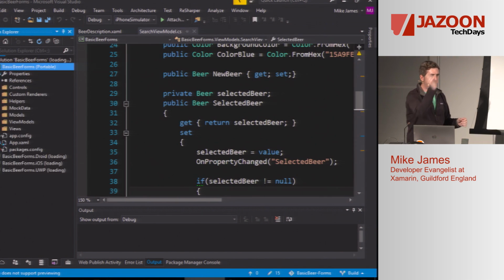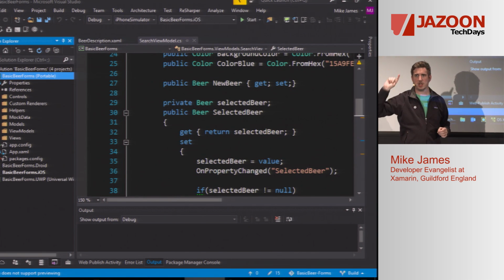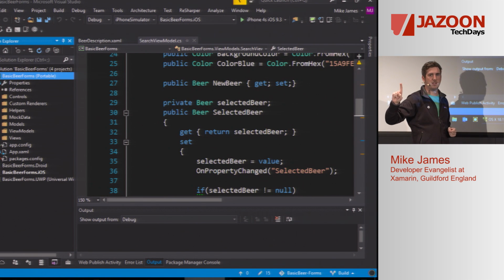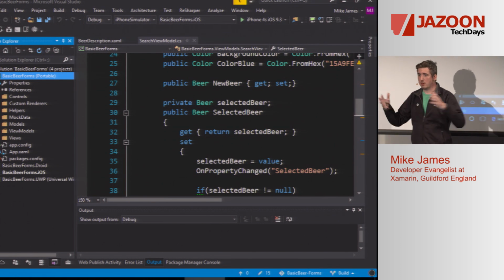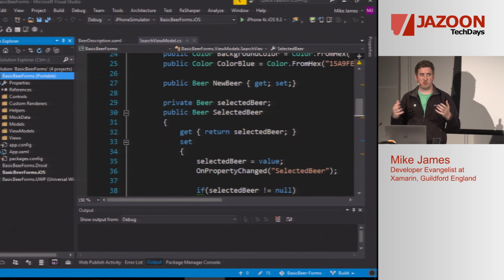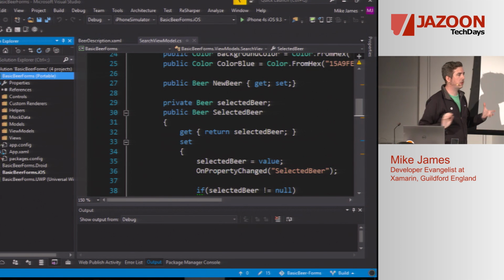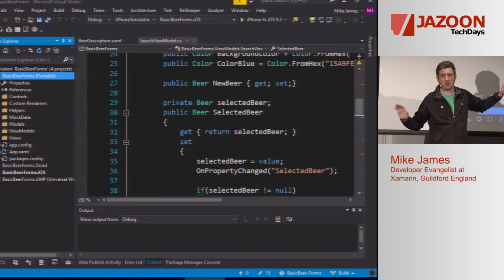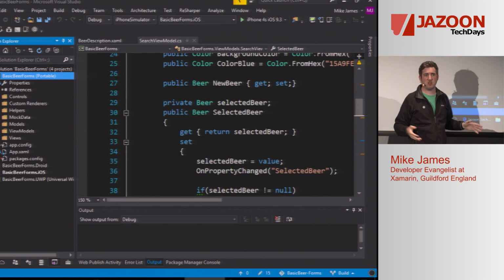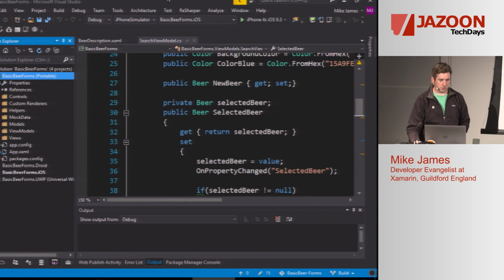So with a Forms project, when you do File, New Solution with Xamarin.Forms in Visual Studio, you're going to get 4 projects within the solution. You're going to get a portable class library or a shared project. It's a very heated debate within the .NET community of which approach you should take, shared code or portable class libraries. I can tell you now that it's portable class libraries. People who think it's shared code, they're just wrong. We want to put all of our code within the portable class library. The platform projects, the Android, iOS, and UWP projects, we don't even need to worry about. Unless we want to go into customizations, we can just ignore these. So all of our app lives within this portable class library.